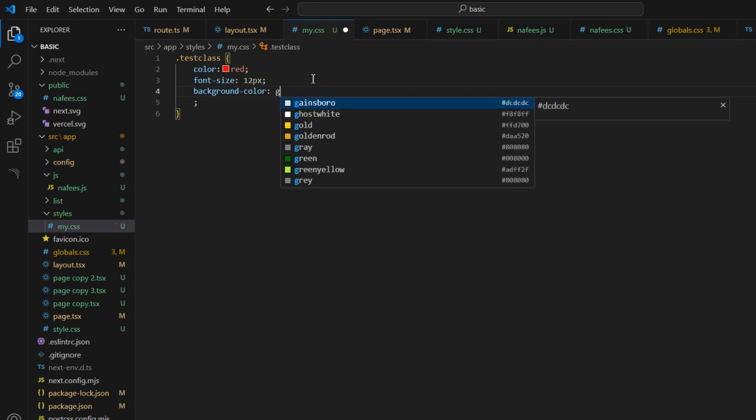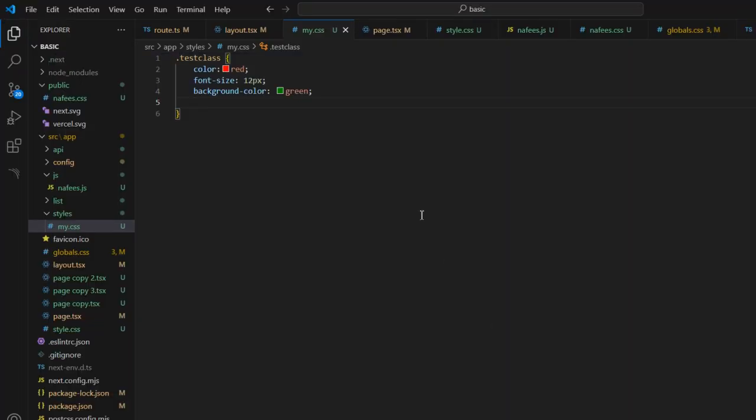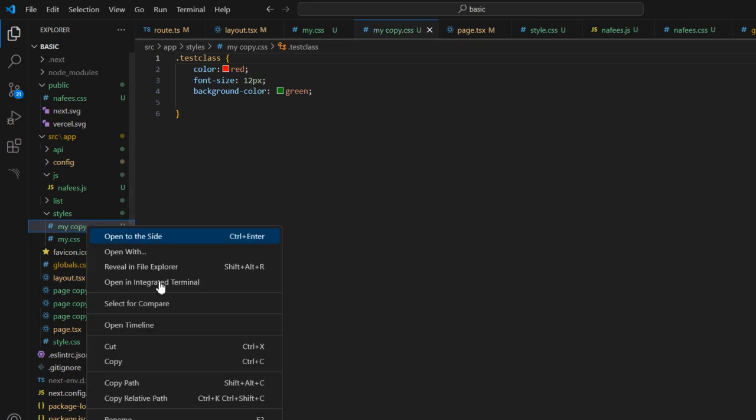Background color is green. It will add the background color green. So it's very easy to use custom CSS, and you can add more CSS here,